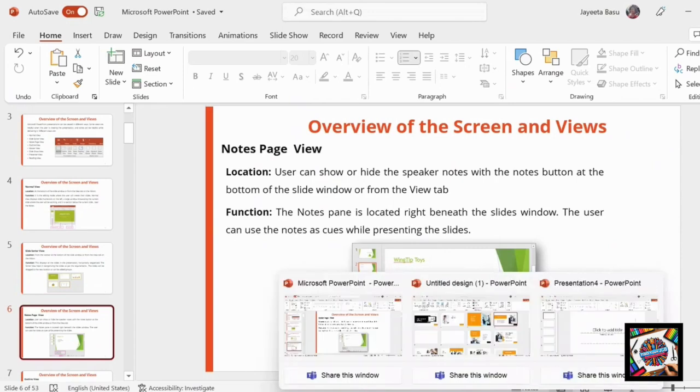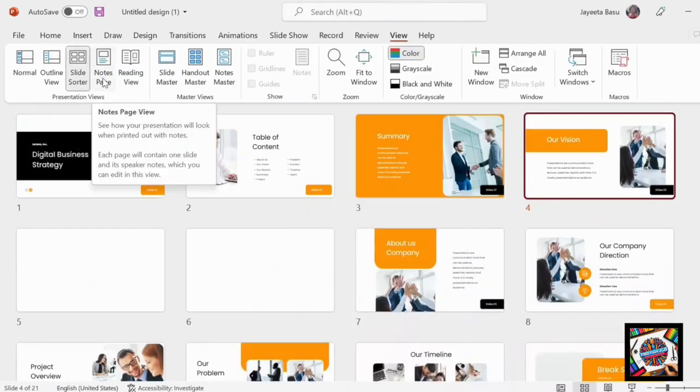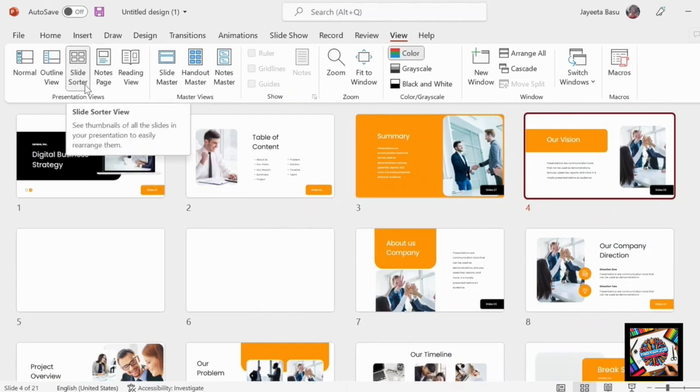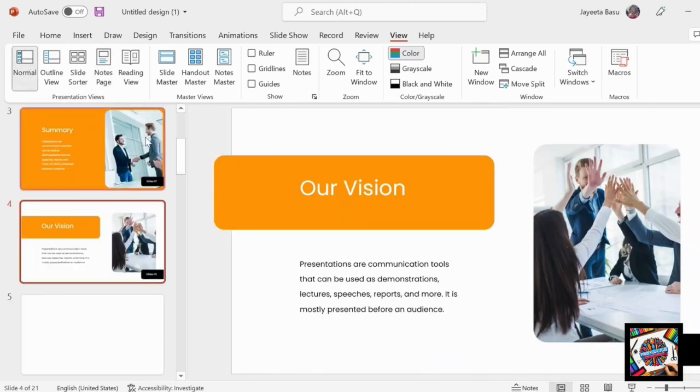So we will go back to the presentation. And just beside slide sorter view, you will locate notes page view. Click onto notes page view. And you see, this is how the notes page is looking here. What you can also do is go to the normal view, click onto the notes here,